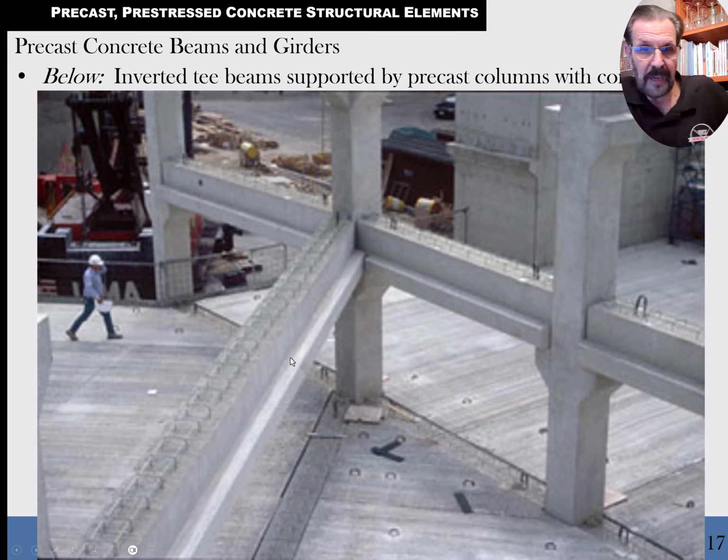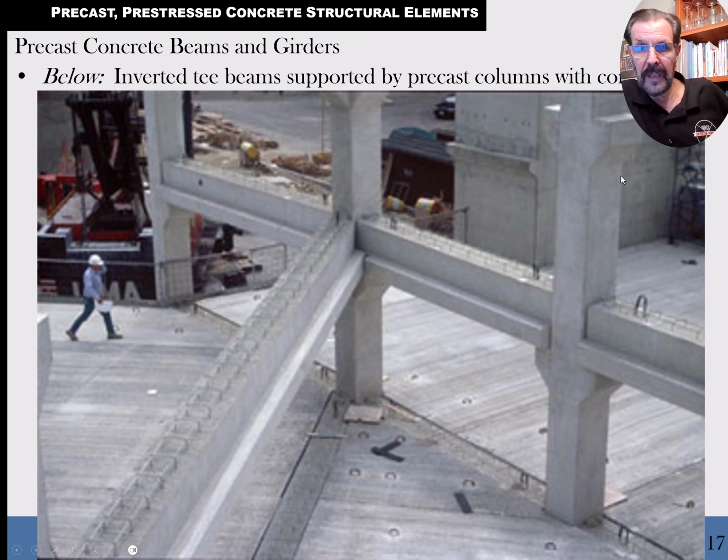Now here we've got the inverted T right here, where I've got my cursor. So it's got a ledge on this side, a ledge on that side, and then we've got the L shape over here, the L beam. And so they both have these ledges that you could then sit those beams in. And they're sitting on top of columns that have corbels. So this little ledge and that little ledge down here that these other L-shaped beams are sitting on are called